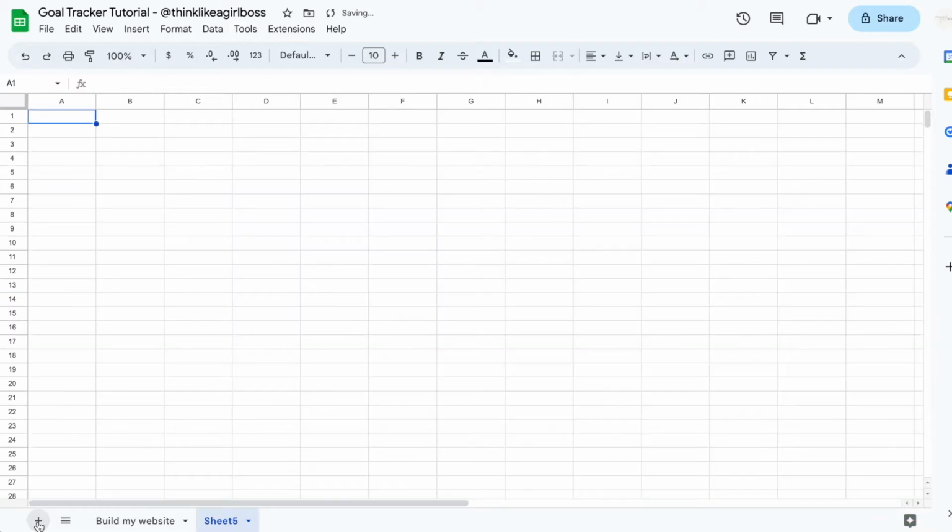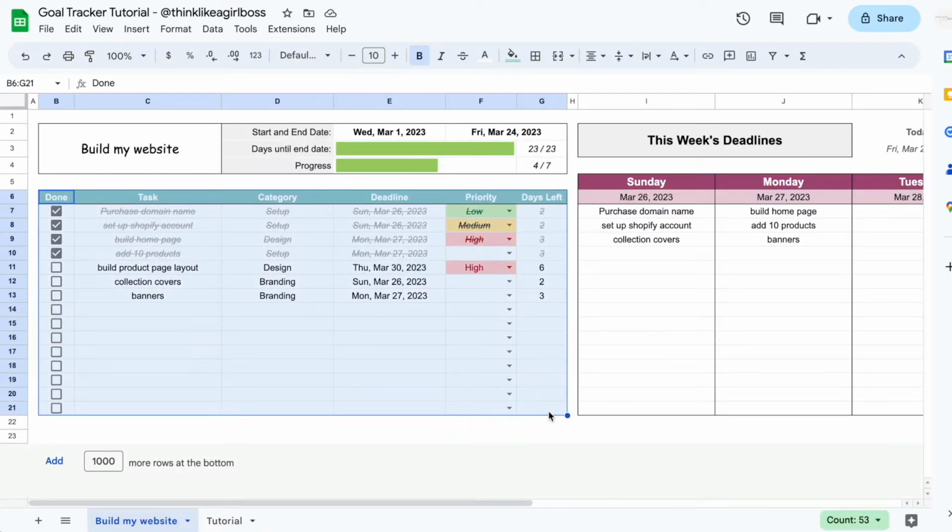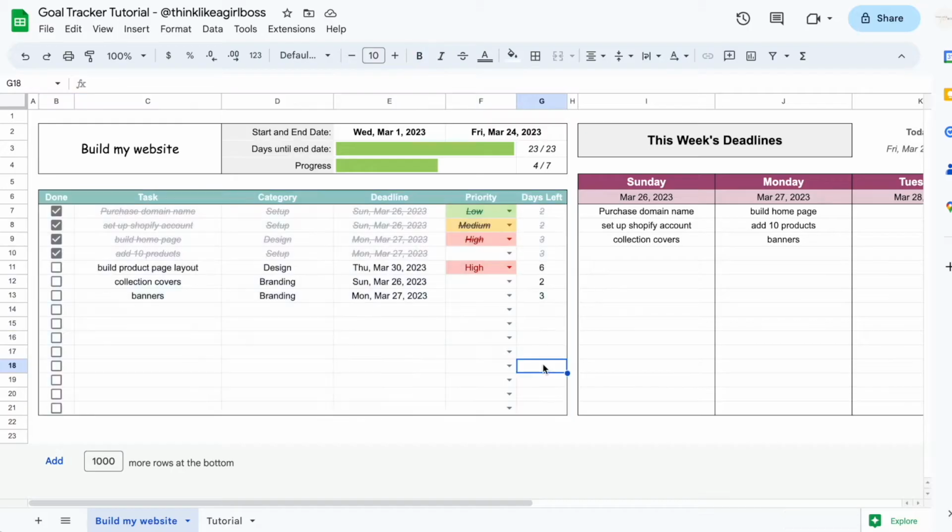I'm going to create a new sheet right here and I'm going to start over from scratch. And I'm going to call this tutorial. So let's start with this table right here, which is sort of the base for everything else. I always suggest that if you're following along, which I hope you are, you do everything in exactly the same cells that I'm doing it, just so